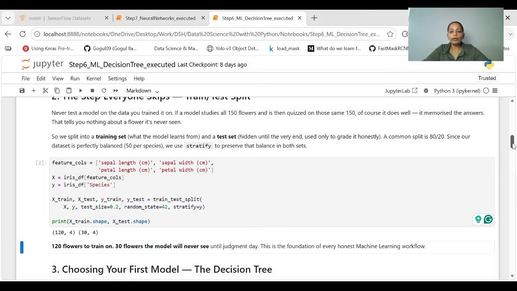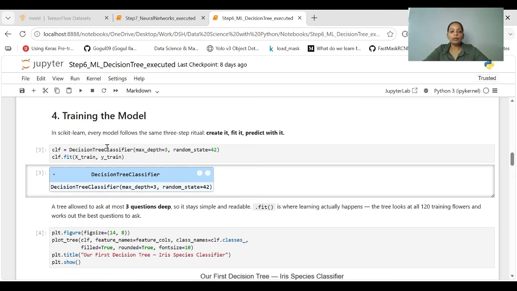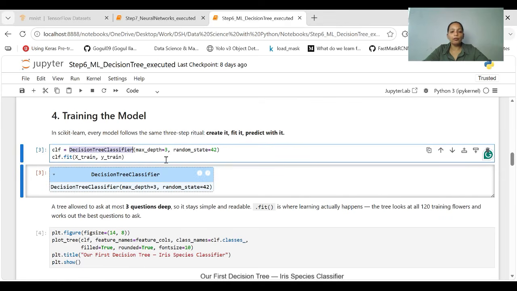So we have already split the data. Now we will do training on the training data. See, this is a DecisionTreeClassifier we have used from the scikit-learn library. This is simple code, and we are only using a maximum depth of 3 here. The tree is allowed to ask at most 3 questions deep, so it stays simple and readable.